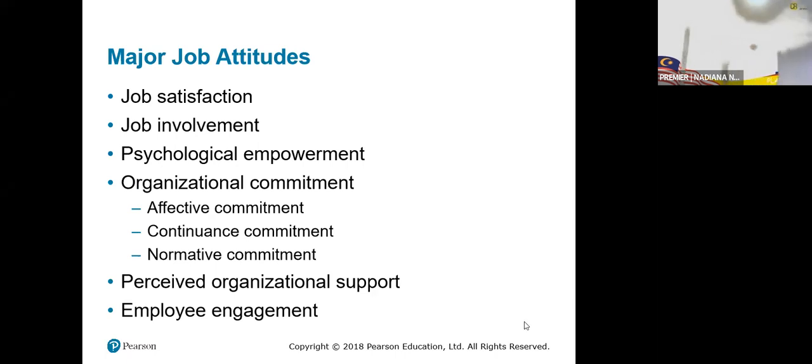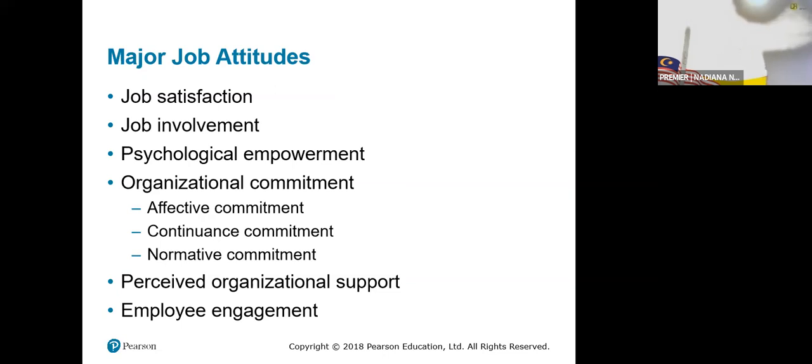Okay, next is organizational commitment. It is more than job involvement, more than job commitment. Organizational commitment is how far you give commitment to your organization. There are three concepts involved in organizational commitment. Number one, affective commitment. What is your attitude? Affective. Your behavior. Affective. Are you involved or not involved in the job or in the organization? Do you participate or not participate?